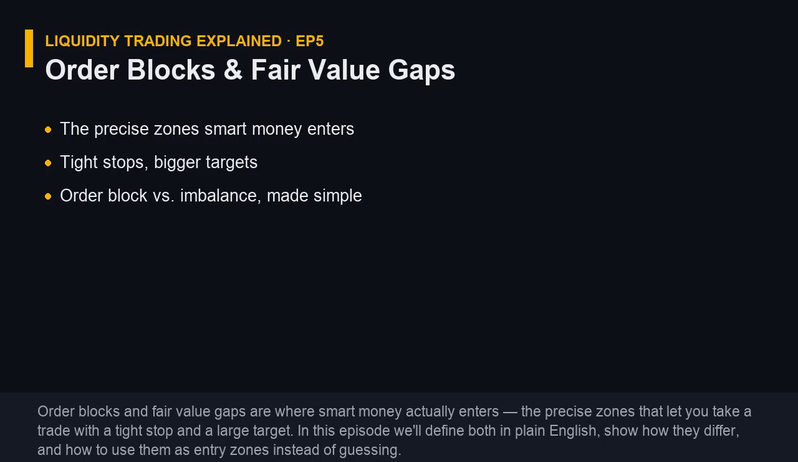Order blocks and fair value gaps are where smart money actually enters, the precise zones that let you take a trade with a tight stop and a large target. In this episode, we'll define both in plain English, show how they differ, and how to use them as entry